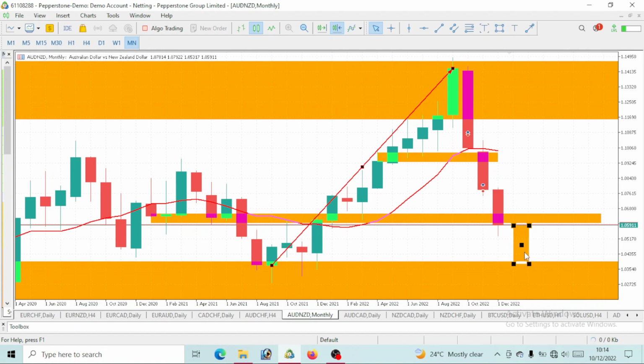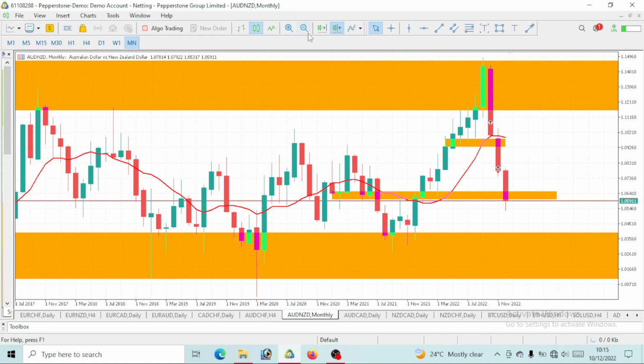So that is to tell you that you should consider this movement as a sell movement. If you have to take a trade on this AUD New Zealand, there's only one movement you should watch out for, which is to sell. You can see that this price is below our 10-period moving average. So if you have to place this trade, definitely look for a sell. We would want to see a drop to our support level.